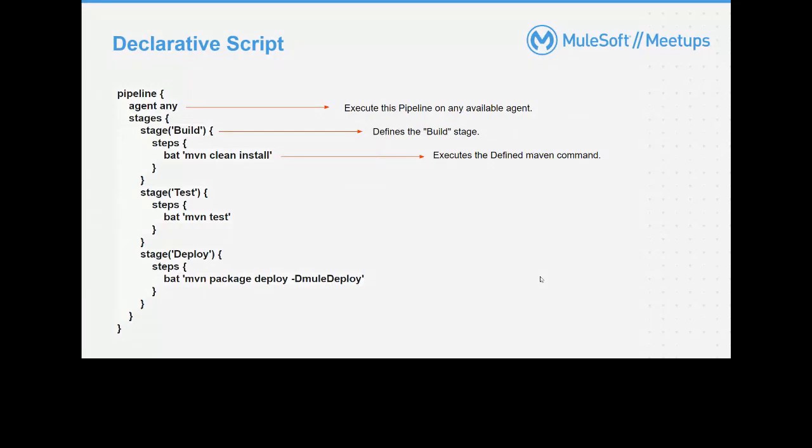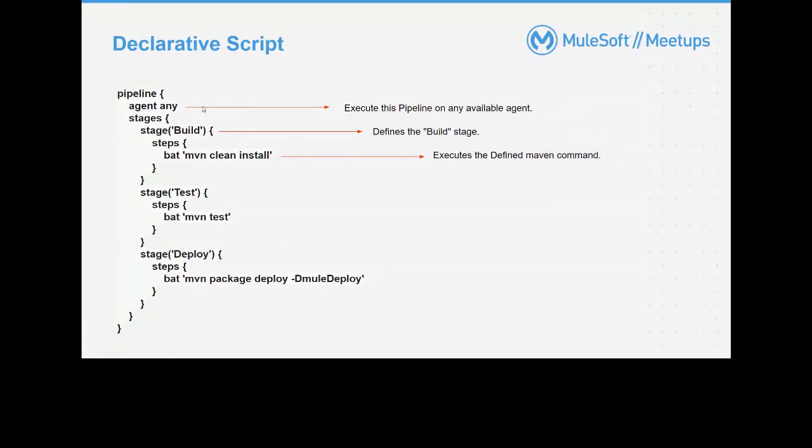So if you'll see the structure, we start with the pipeline. Inside a pipeline, we have agents. Basically, agents define where the pipeline will execute in the Jenkins environment. For this pipeline, we have chosen any. So any available agent at that time will be taken by Jenkins, and the Groovy script and the whole pipeline